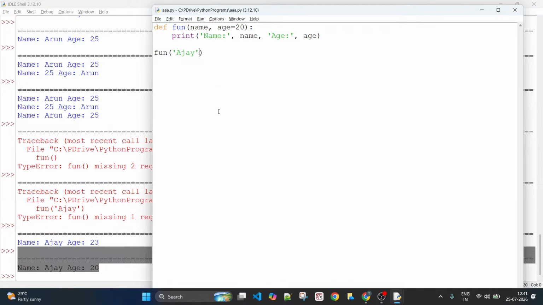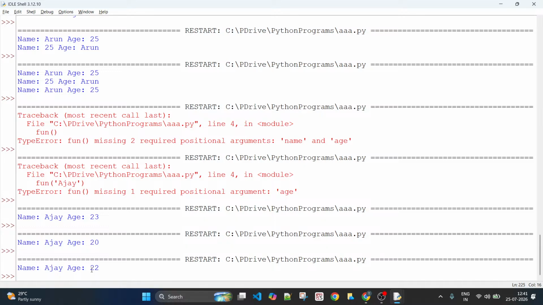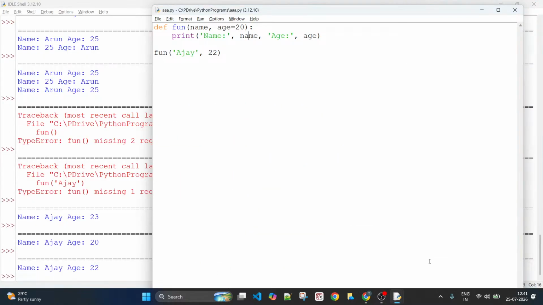And what if I explicitly pass age as 22, which is different from the default value? Then it considers this passed value as age. So now the output would be name is Ajay and age is 22. If you pass some value to the default argument, it retrieves whatever value you have passed.